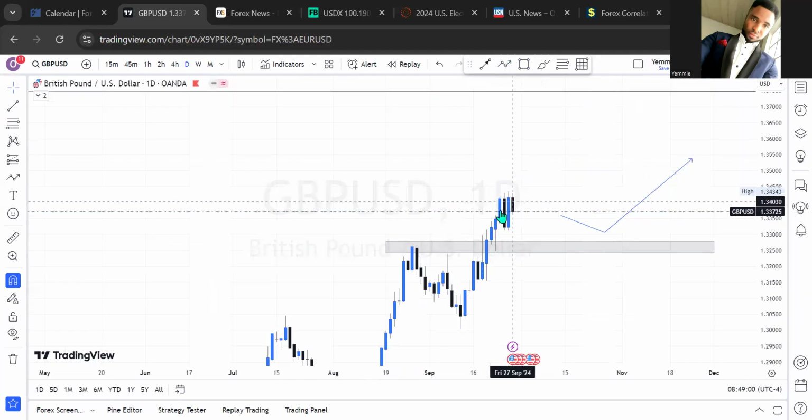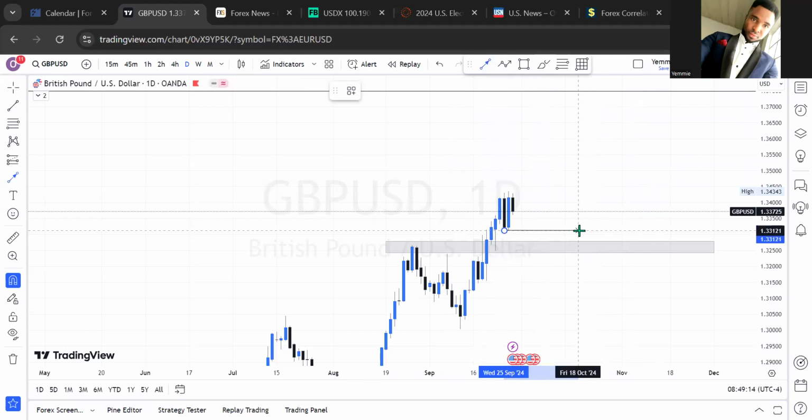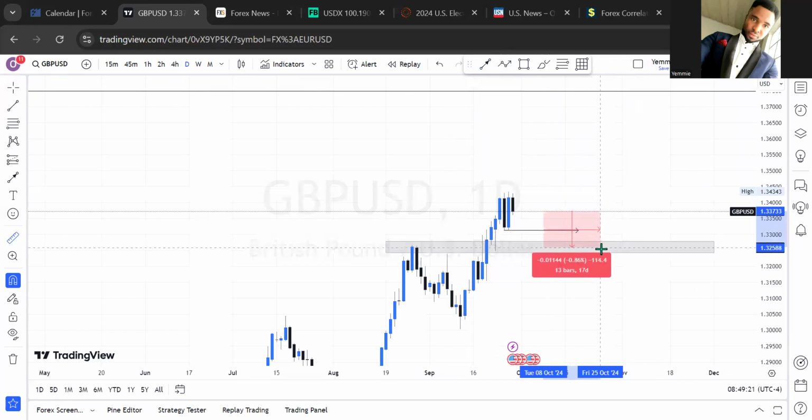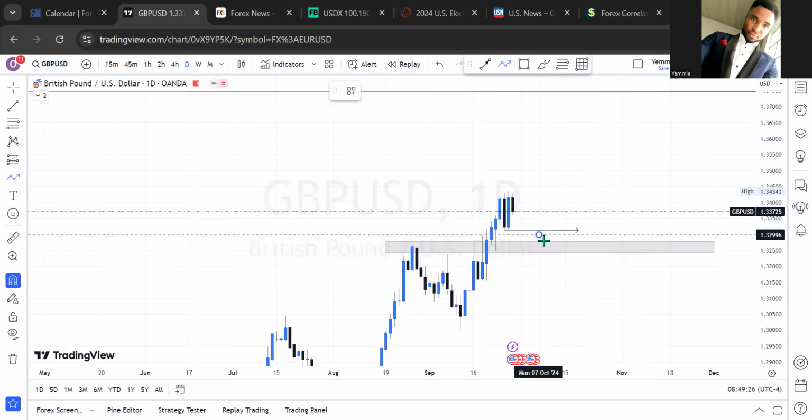For the series of days, we have Tuesday, Wednesday, Thursday, Friday. The price has been maintaining almost equal high level at this price range. With that information, it means I'll be waiting for this market to break through the low of these previous days for this week. That is about 65 pips, which is easy for the market to do in a day. And I expect the market to come to this price range before the buy opportunity will come through.